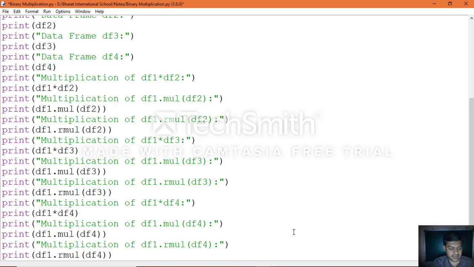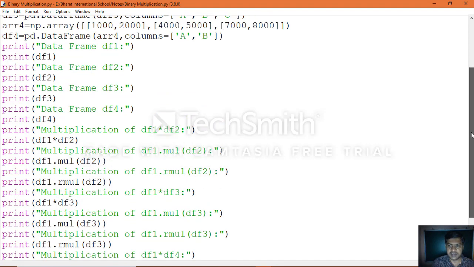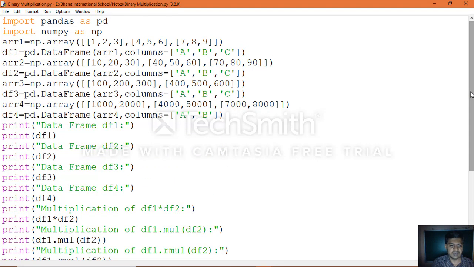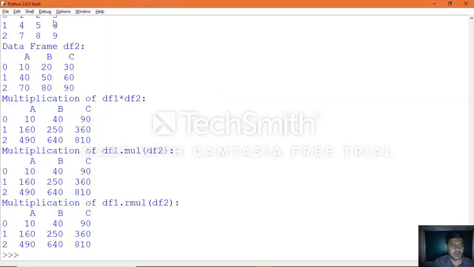Now save, and likewise you can use 2 and 3 objects, same way 2 and 4 objects, then 3 and 4 objects. So in the entire application, all the combinations which you want to check the result for, you can write continuously, and the application becomes bigger. Save it again, go to run, click run module.